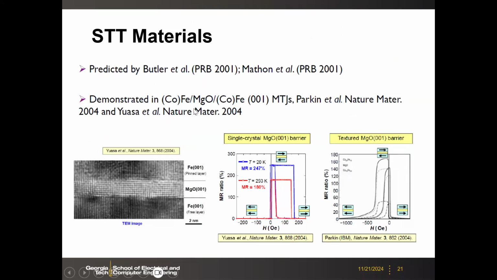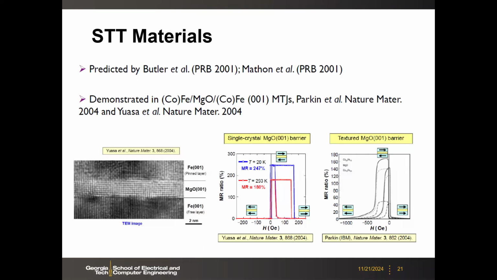And then later, like 3 years later, people experimentally demonstrate this phenomenon. So this is a very good example of how theory can guide the experimental breakthrough. This is not something that you first fabricate and then try to explain with some model. You came up with some theory, and then people later try to verify that. Okay. So those were the breakthrough papers, in that case with very simple iron, but later people have used a very complex material. But anyway,